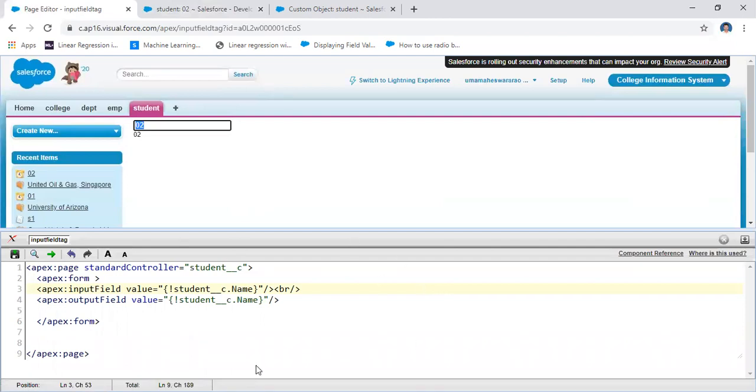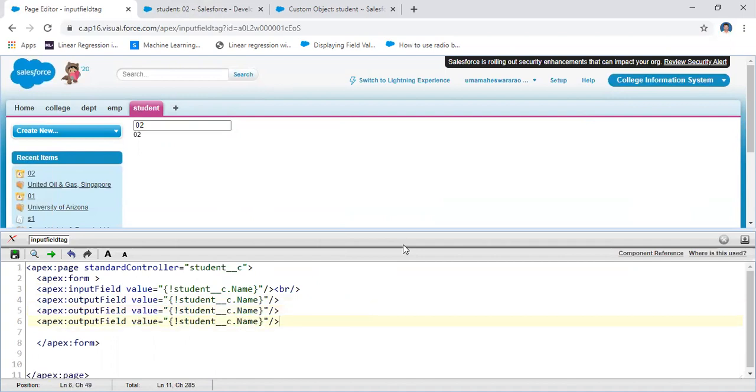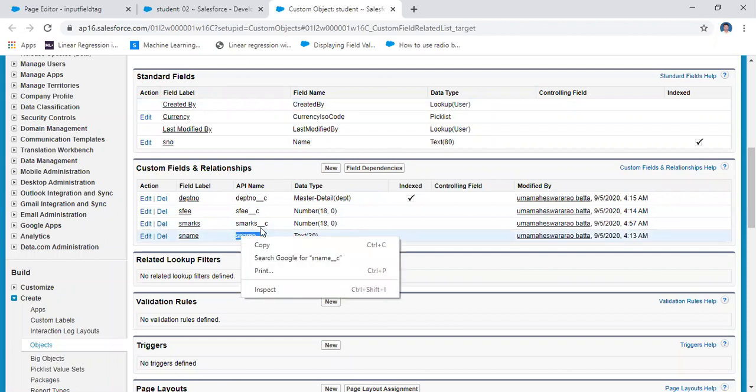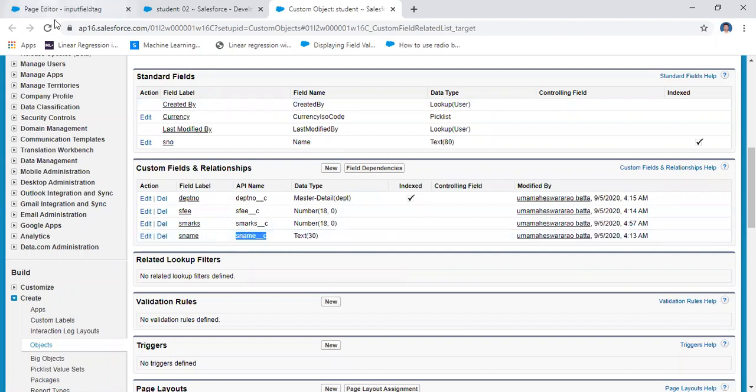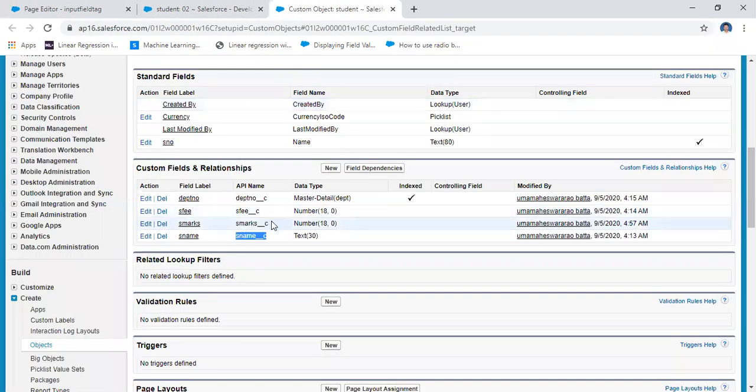I want to display all the information. For example, student name, the name or number, and then another one, another one. All five fields are there, I think. That means I am taking the values for five fields. The first one here is student number, student name. The second field in this case is student name. Here, what is the name value? Control V, student name underscore v, another name, student marks,